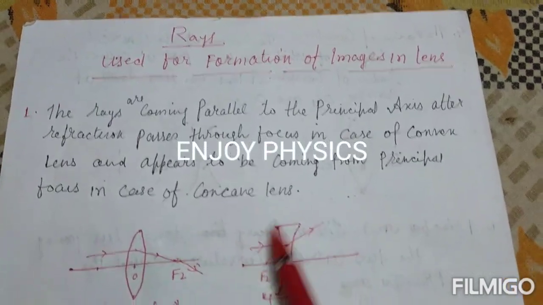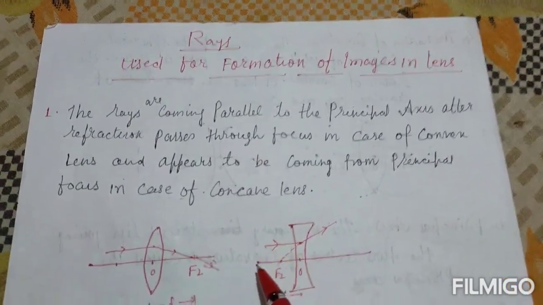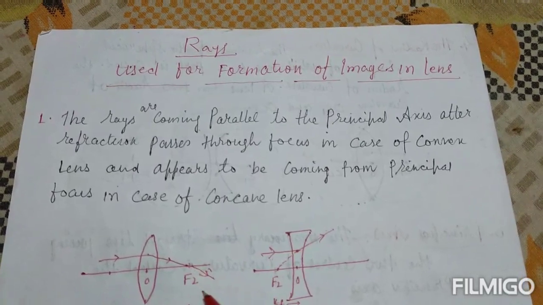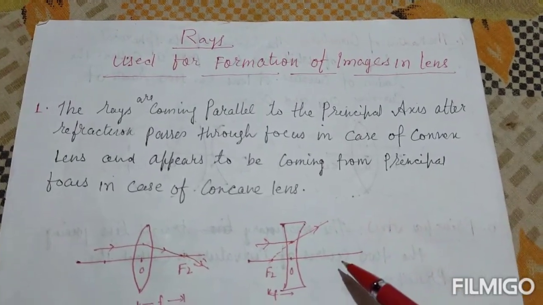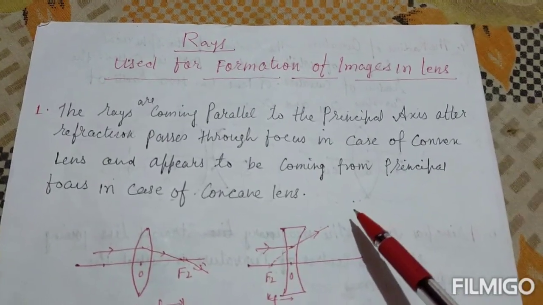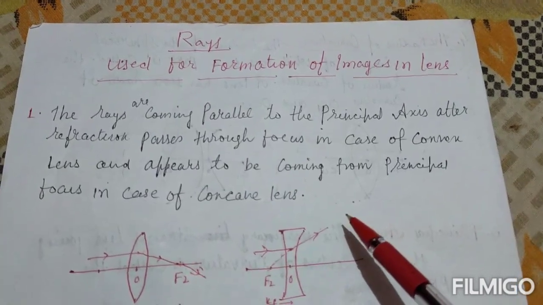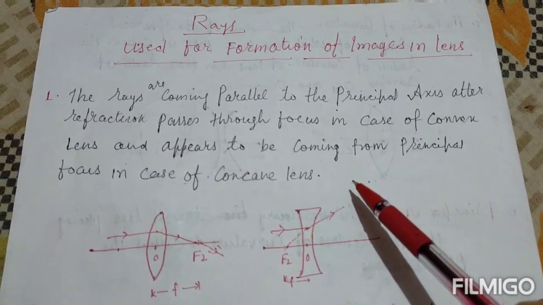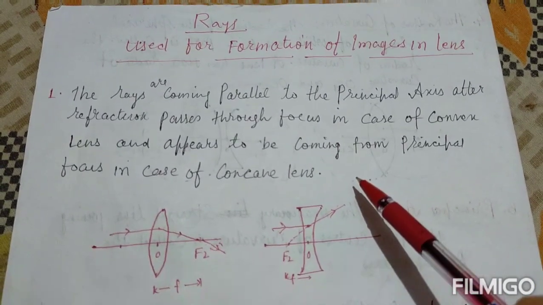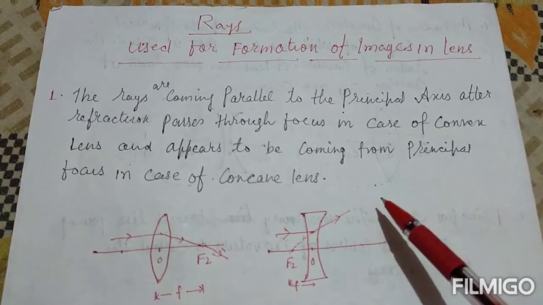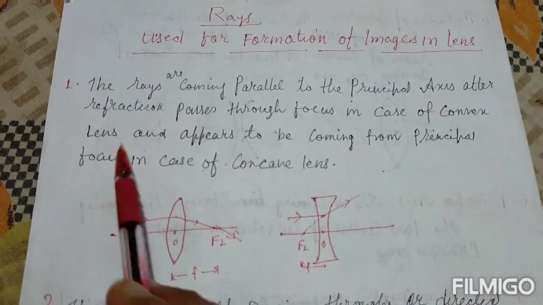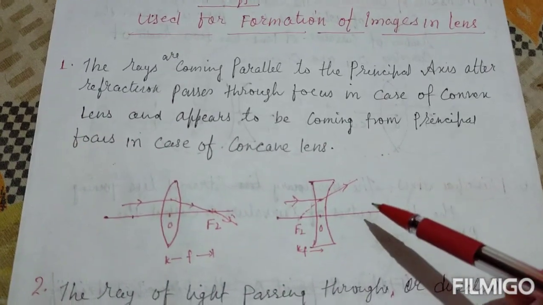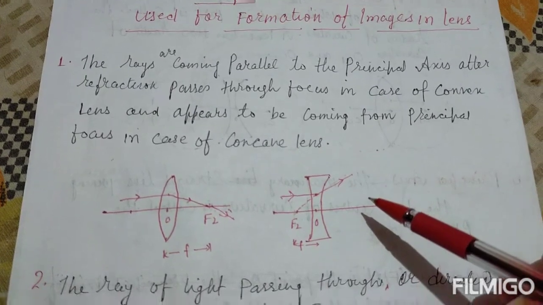This is the sixth part of the chapter. In this part we will see image formation by the lenses. But before seeing image formation by the lenses, we will see the behavior of light rays when they pass through lenses from different points. These rays are very important and very useful in the formation of ray diagrams.